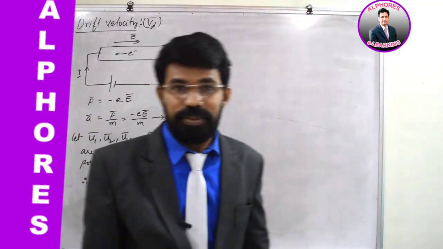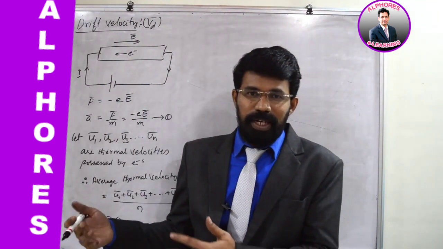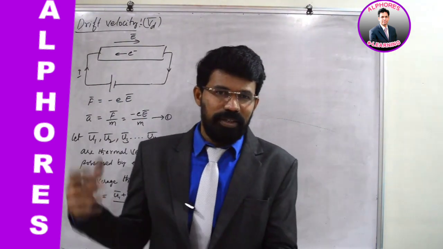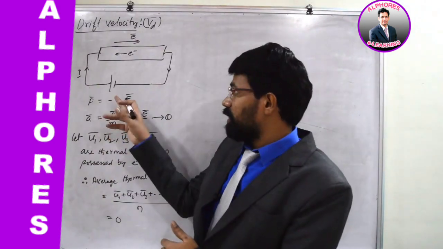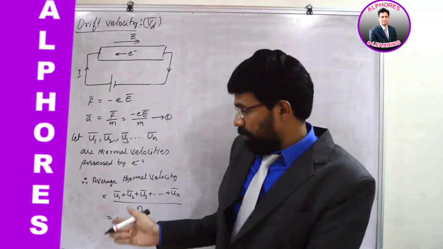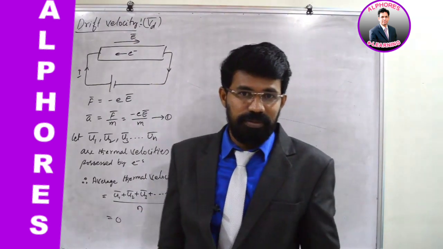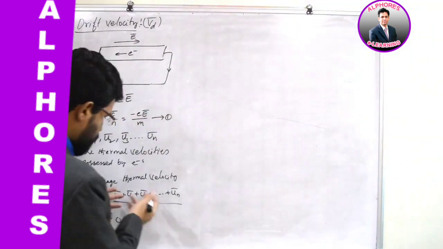And how much is this? This is obviously 0 because they are moving randomly. I did not supply any external support. I did not connect any battery to the conductor. That was the situation I am talking about here. If this is disconnected and if I monitor the situation inside the conductor, this is what I am going to see. Net flow is 0. So net velocity is 0, isn't it? Let me proceed. I'll use this data further.